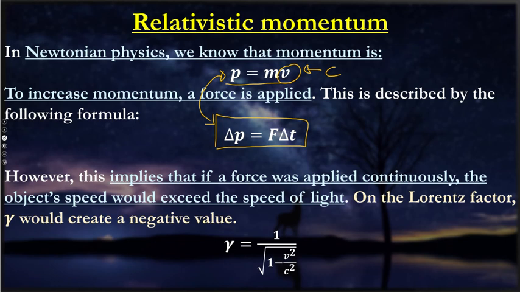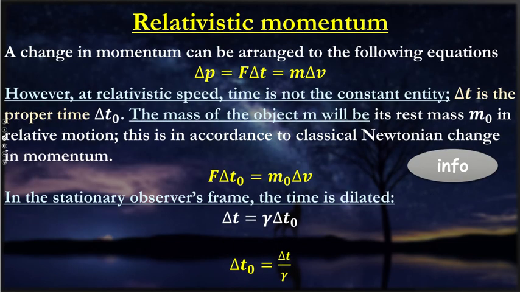We can actually create a new formula for momentum that accounts for the special relativity effect. Okay, so we get that the change in momentum is force times change in time equals mass times change in velocity. Okay,